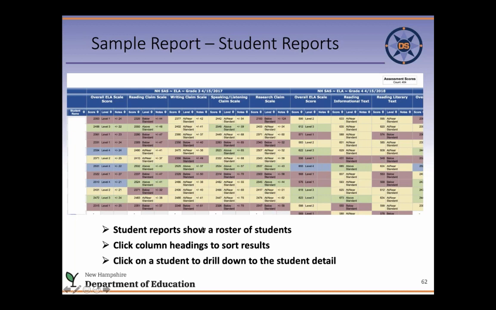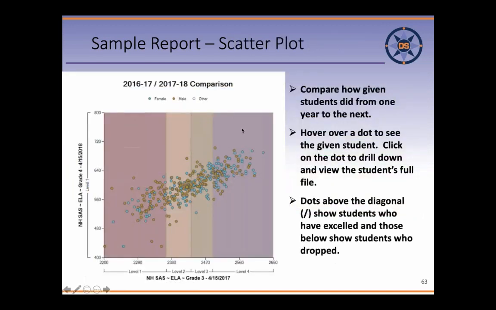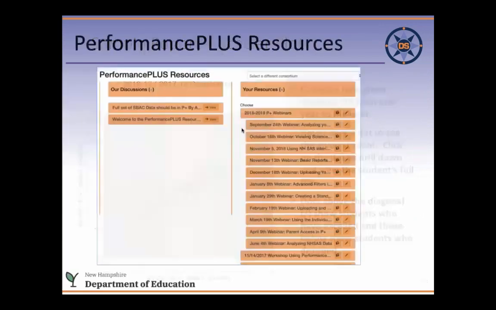And here we have detail for students. Each line is a student. So here's the ELA overall score, how they did on the reading, informational text. This is an old report. This is from back. How they did on each of the reporting categories, and then the clusters. I'm going to skip this one.